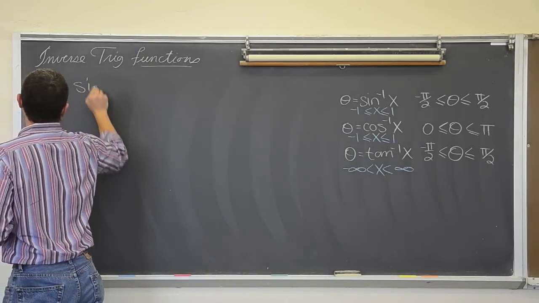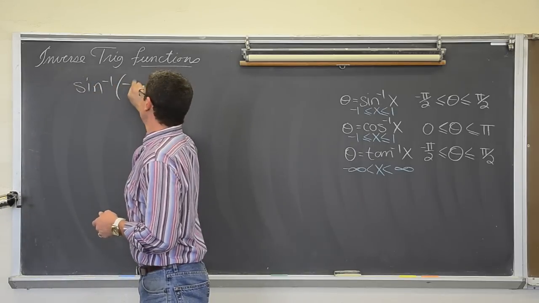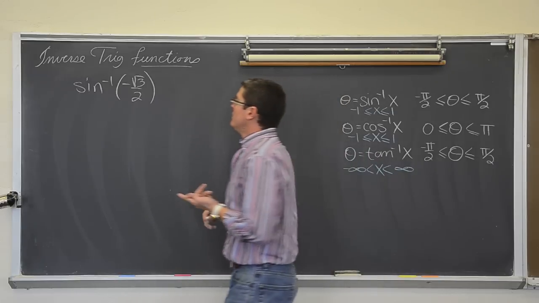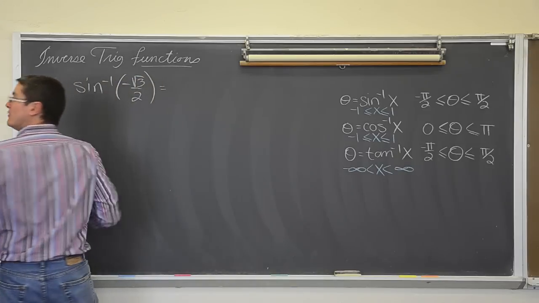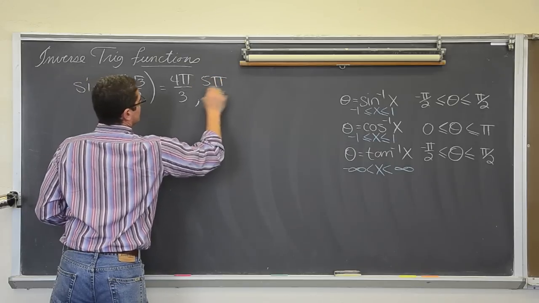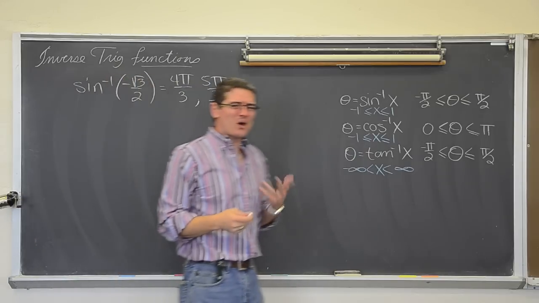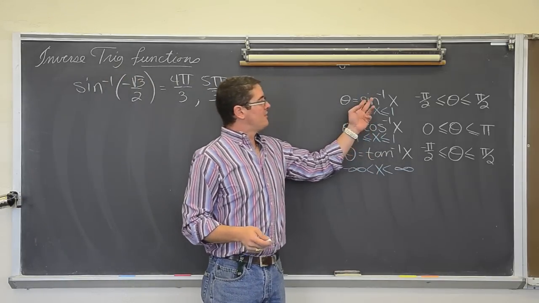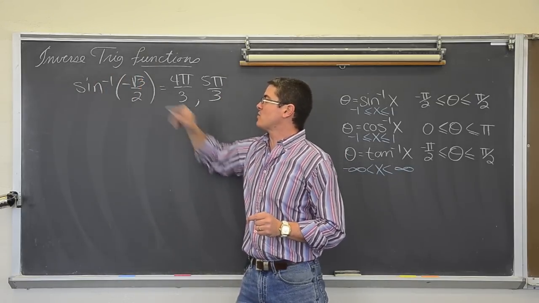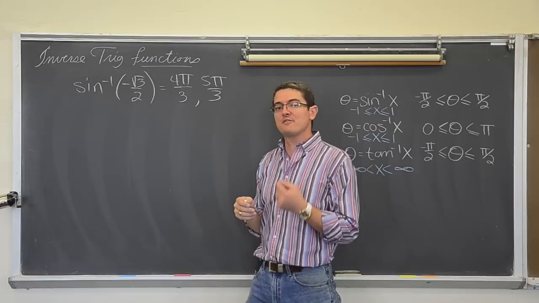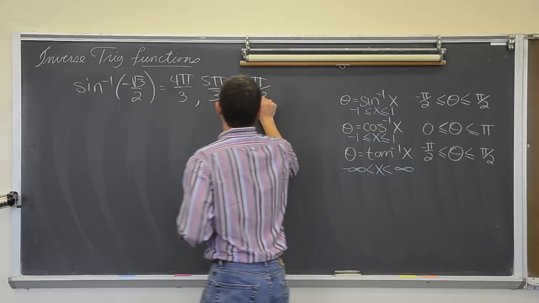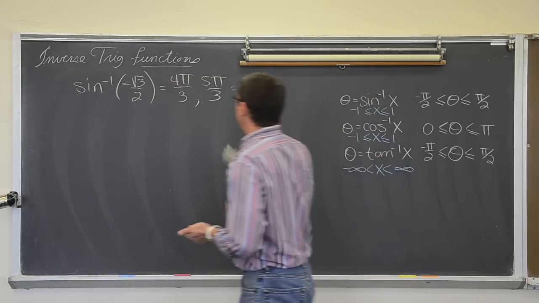What is the inverse sine of negative square root of 3 over 2? Well, if you know your unit circle really, really good, you might know that that is going to be at 4 pi over 3 and 5 pi over 3, and those are kind of like correct answers, but not if we're forcing inverse sine to act as a function. If you type inverse sine of negative square root of 3 over 2 into your calculator, or if you work with this as a function, your calculator would tell you that the answer was negative pi over 3 or negative 60 degrees if you have it in degree mode.